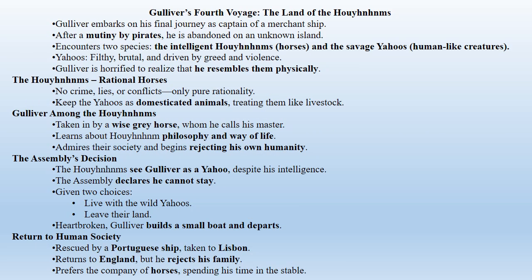Gulliver's fourth and final voyage takes him to the land of Houyhnhnms, where intelligent horses rule over wild human-like creatures called Yahoos. The Houyhnhnms live simple, rational, and peaceful lives, while the Yahoos are filthy, brutal, and full of human-like vices. Gulliver quickly grows to love the Houyhnhnms and despises the Yahoos, eventually realizing that he is more like a Yahoo